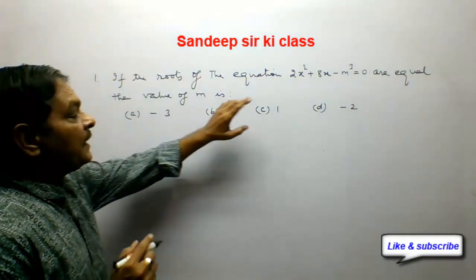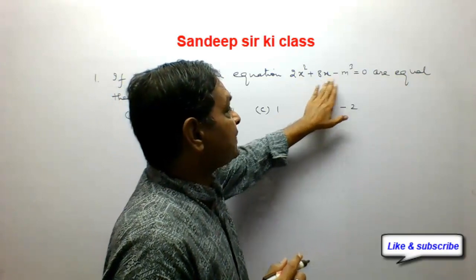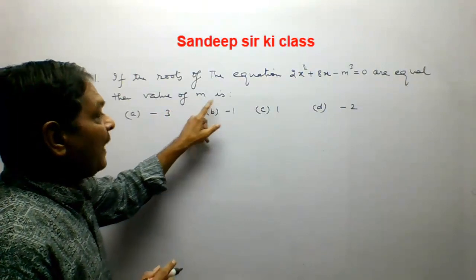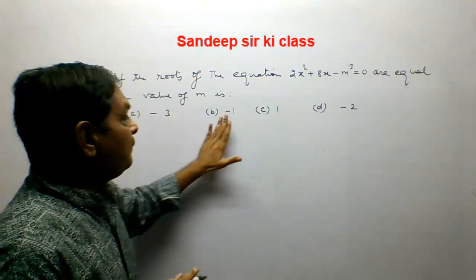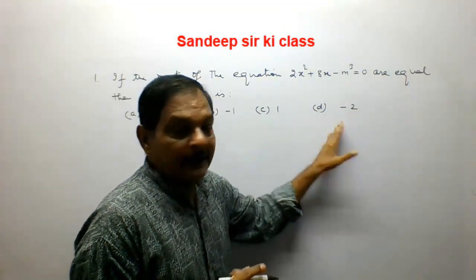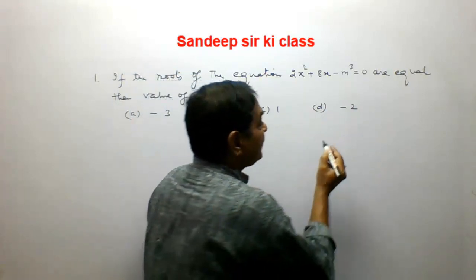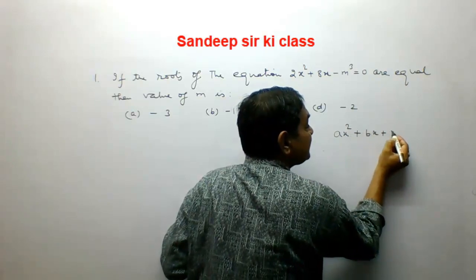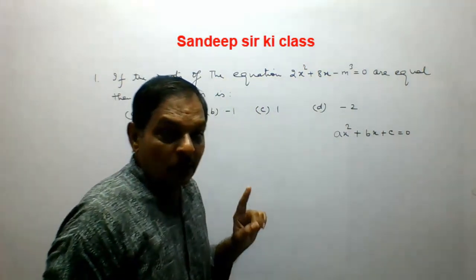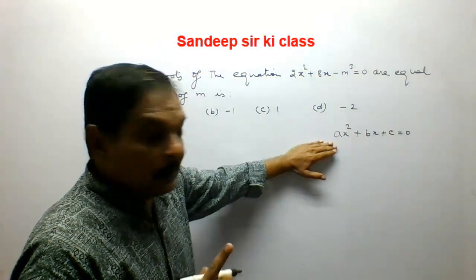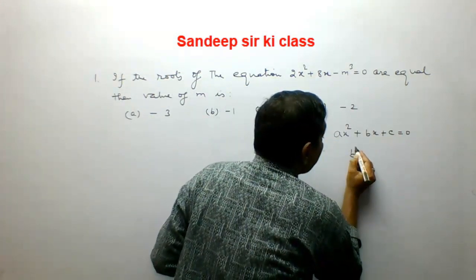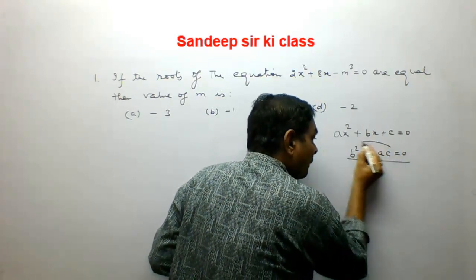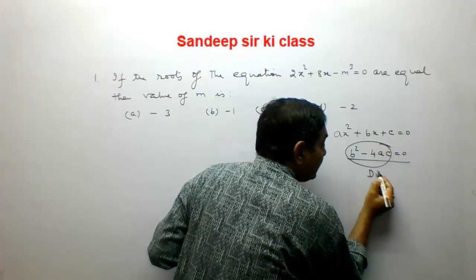If the roots of the equation 2x square plus 8x minus m cube is equal to 0 are equal, then the value of m is, options are -3, -1, 1 and -2. Now we know that the standard quadratic equation is ax square plus bx plus c is equal to 0. And when the roots of this equation are equal, then b square minus 4ac is equal to 0. b square minus 4ac is called discriminant